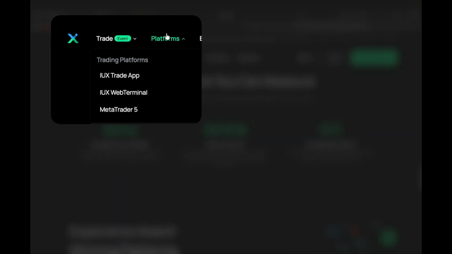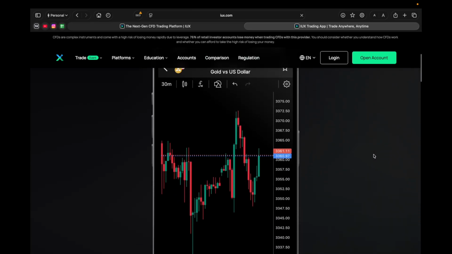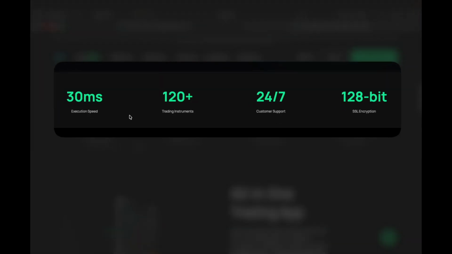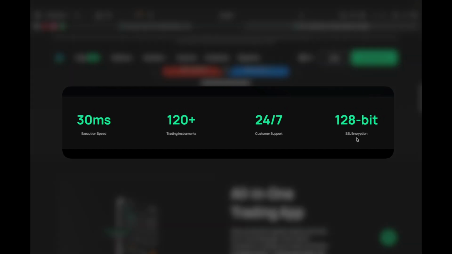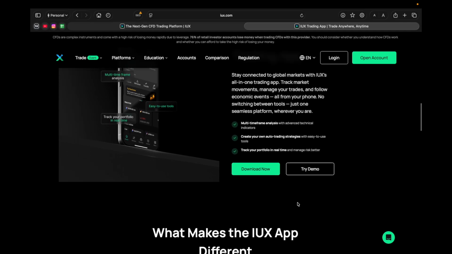So let's go to platforms. When we go to platforms, you can see IUX has their own trading app, web terminal, and MT5. Here is the IUX own trading app. So this is a mobile app where you can place your trades with the stats speaking for themselves. 30 milliseconds execution speed, over 120 trading instruments, 24/7 customer support, and 128-bit SSL encryption, all in one trading app where we have multiple time frame analysis to create your own auto trading strategies and track your portfolio in real